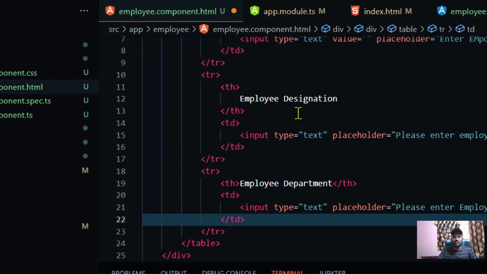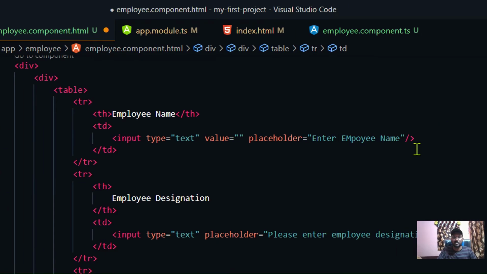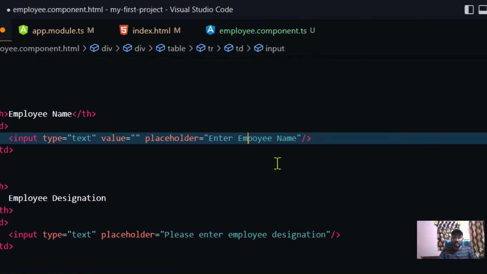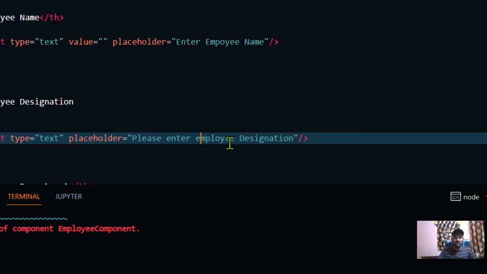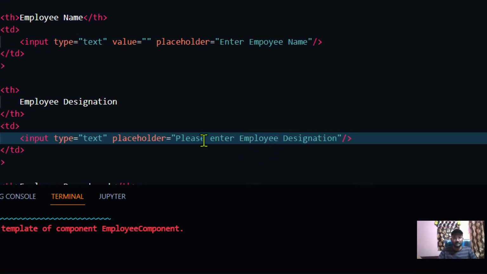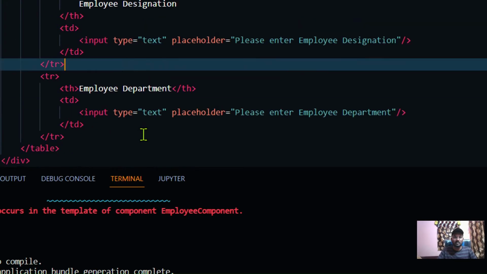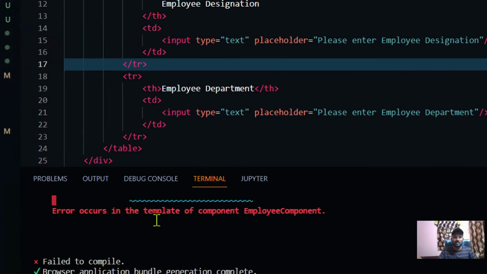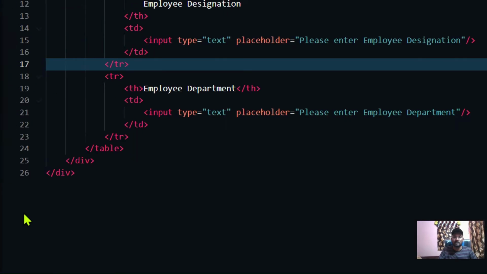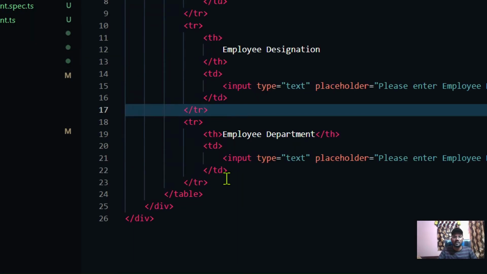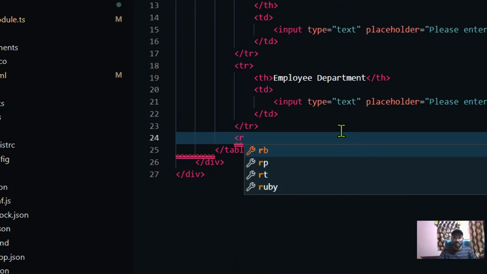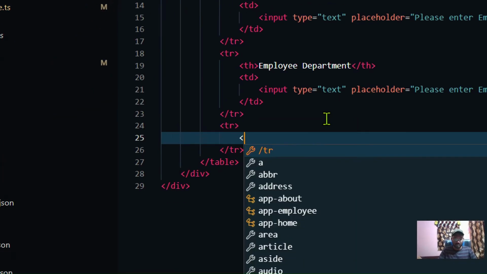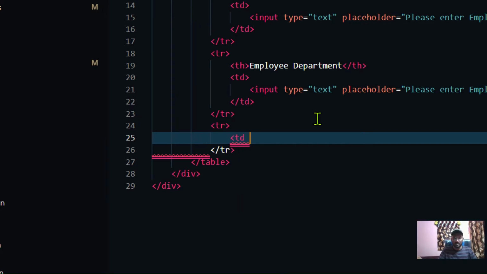We have three input boxes, one for employee name, second for employee designation, and third one for employee department. Let me just toggle this terminal here, and then we are going to have a button also. So in another tr I'm going to create a button in a td, and it is going to have a